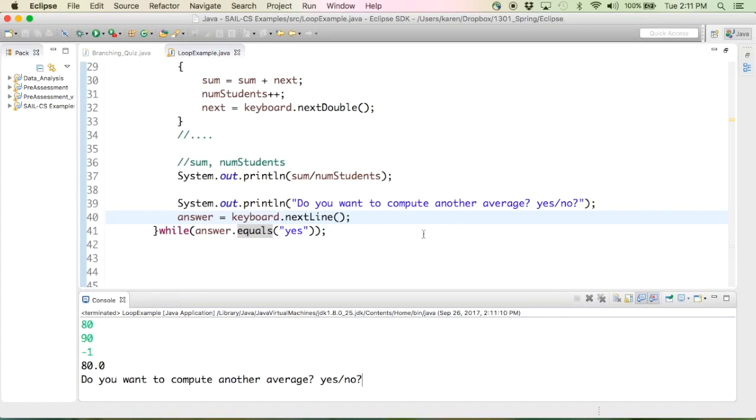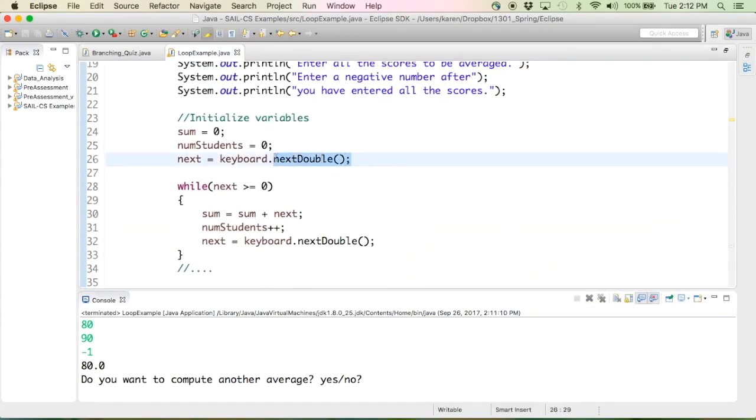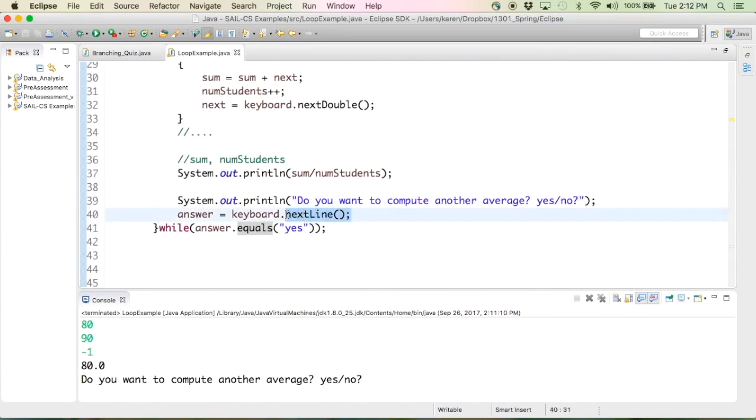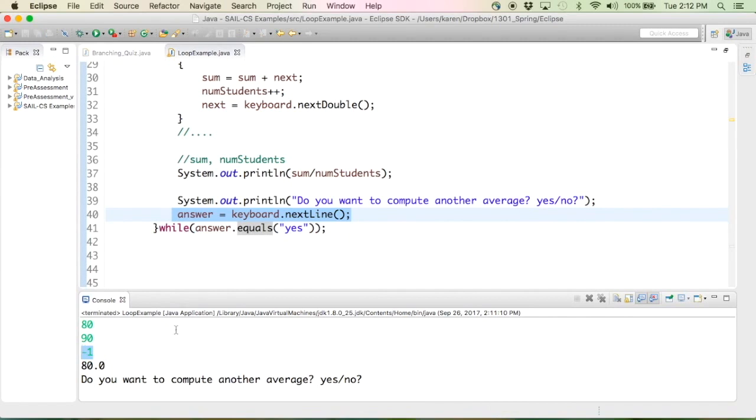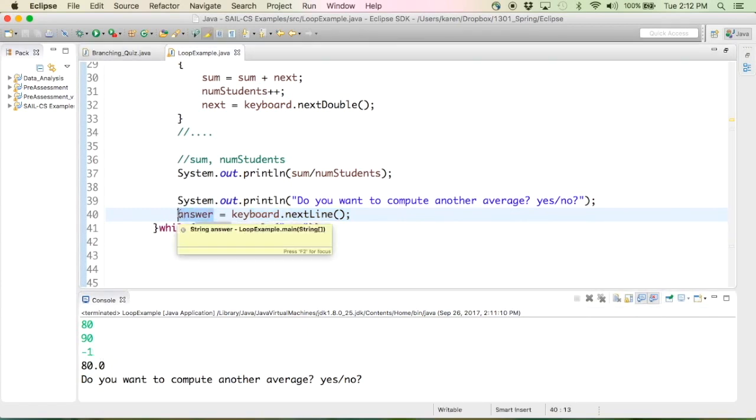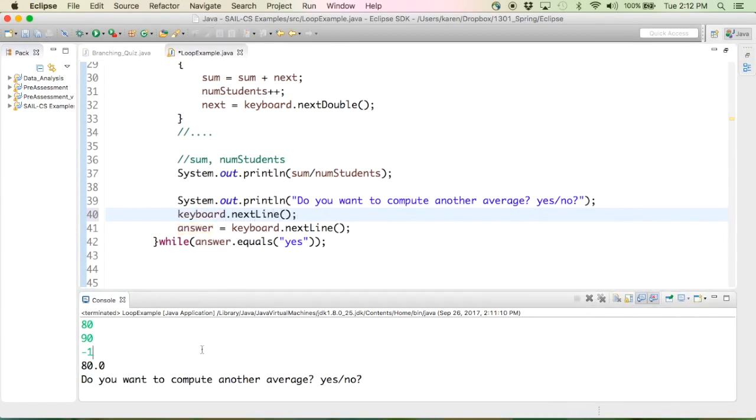What happened? I set everything up right, but remember the trick with going back and forth between reading in things like next or nextDouble and then reading in nextLine. When I said answer equals keyboard.nextLine, the most recent thing that had been read in from the keyboard was -1. So it got the rest of this line, which we can't see here, and stored it in this string answer. Remember this from the Scanner class video earlier and how this can happen. In order to fix that, I'm going to say keyboard.nextLine. That's going to read the rest of this junk line here. And then when it asks me to compute another average, I will now have the ability to enter another line